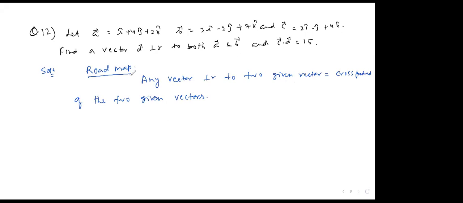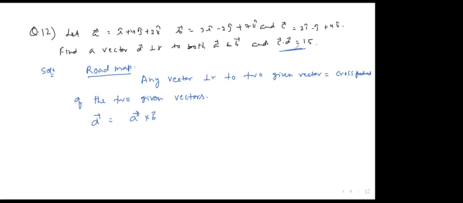So how will you find D vector? D is perpendicular to both A and B. So D vector will be A cross B. It should give you the answer. But since one more piece of information has been given, C dot D equals 15,